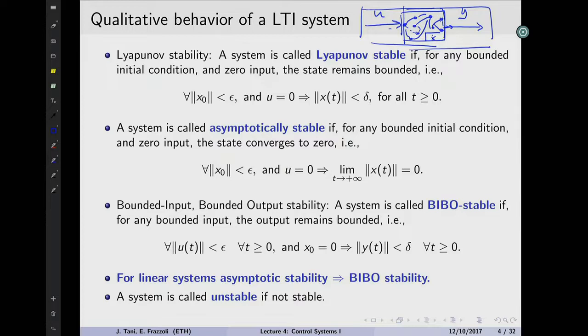If instead, again forgetting about the input and keeping in mind the initial conditions, you let it go, and the system has a state evolution that converges eventually, as time goes to infinity, to a specific point, to 0, okay? Then that's a very good stability. It's asymptotic stability, okay? And then we introduced this other concept, which is more related to things not blowing up, but this time it is the output, no longer the state.